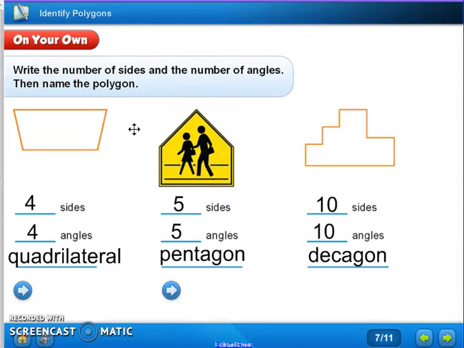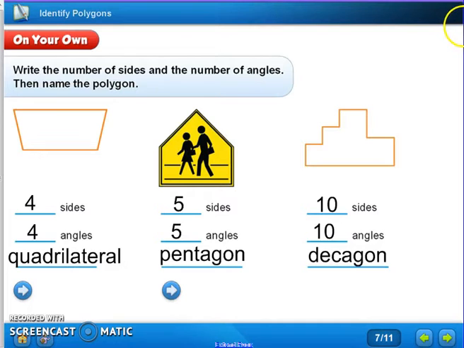So we also learned that polygons are named by the number of sides and angles that they have. For example, a triangle, tri means 3. So in triangle, we know that that shape has 3 sides and 3 angles. Okay, and we also learned that there are many different interesting names for our friends, the polygons. Remember, when you want to know if a shape's a polygon or not, all you need to do is ask yourself 3 quick questions. Is it a closed shape? Is it a plane shape? Is it flat? And is it made of line segments? And if you can say yes to those 3 questions, then ta-da!